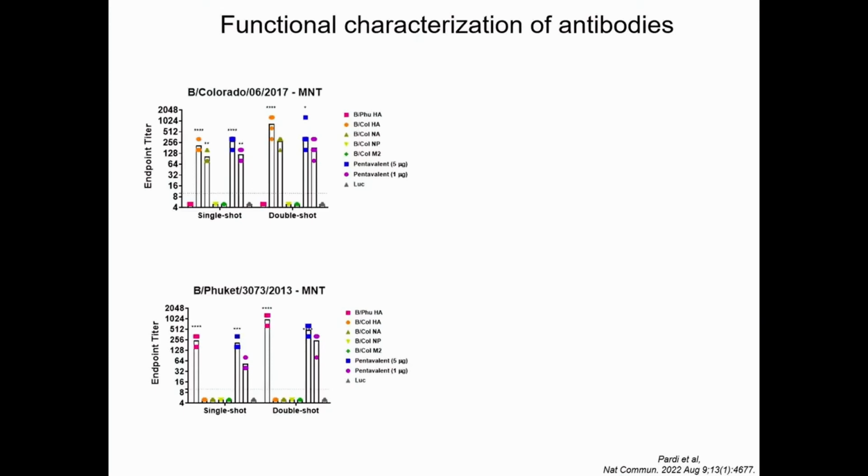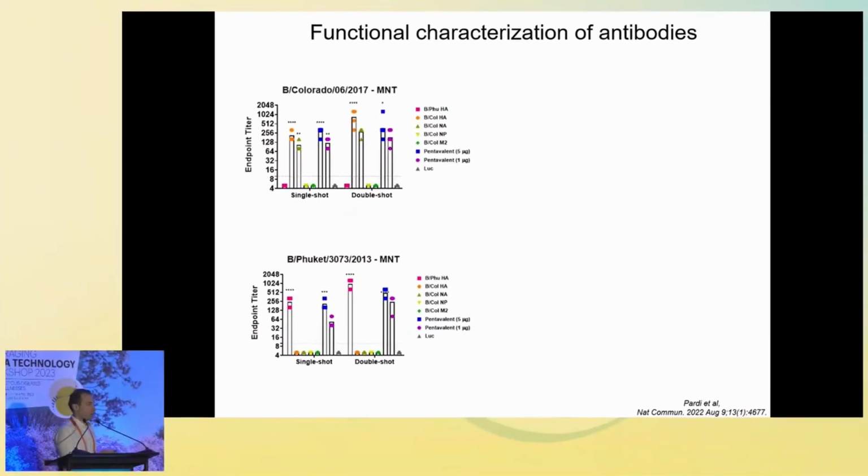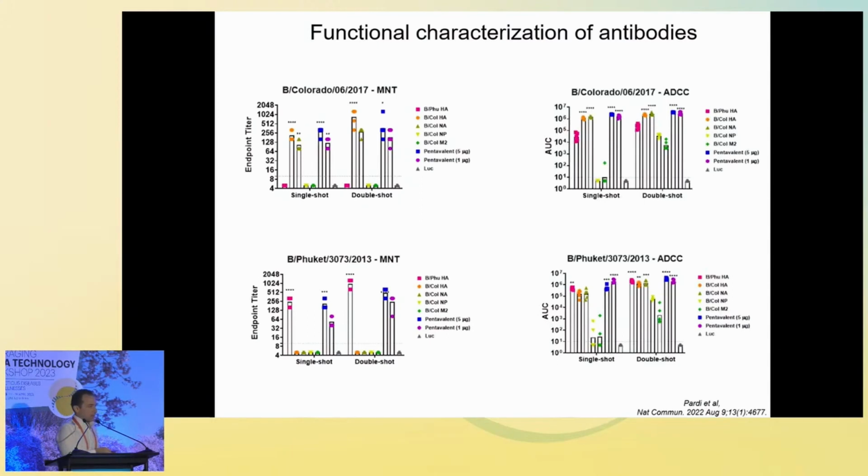We looked at the microneutralization titers, and in this case, we could measure microneutralization activity not only in anti-NA antibodies, but also in the case of the HA immunized animals. And the reason for that is that in this case we used full-length HA, so we induced a lot of HA head-specific antibodies, and many of them are neutralizing. And we could also measure ADCC activity induced by actually any of these vaccines. Even in the case of NP and M2, after a boost, we could measure ADCC activity in the immune sera